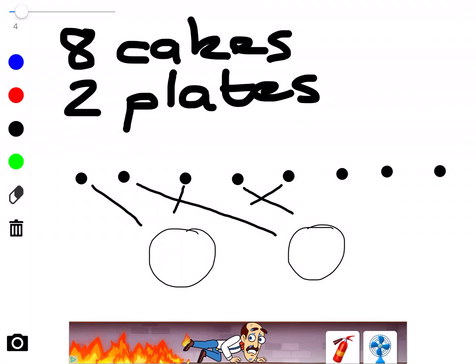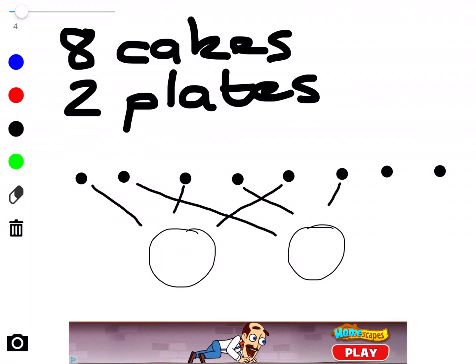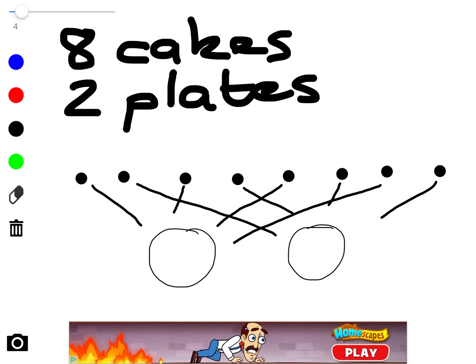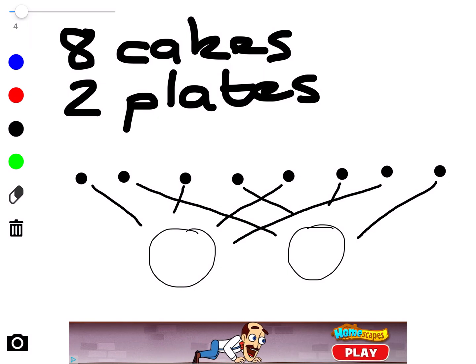So my fifth cake will go to this plate. My sixth cake will go to this plate. So I'm still taking it in turns. My seventh cake will go to this plate. And my last cake would go to this plate. Okay, so I've taken it in turns because what might happen otherwise